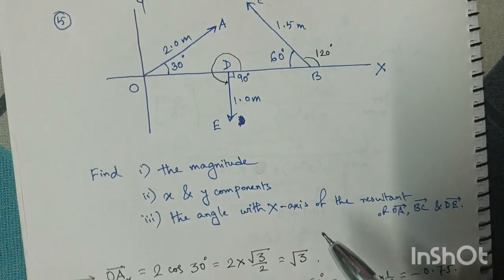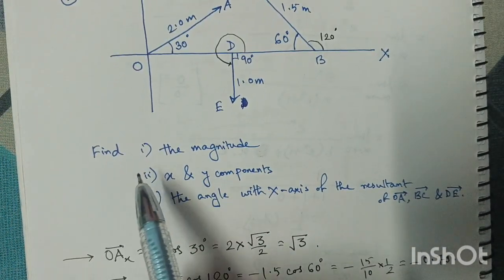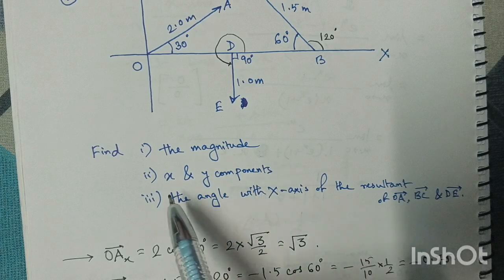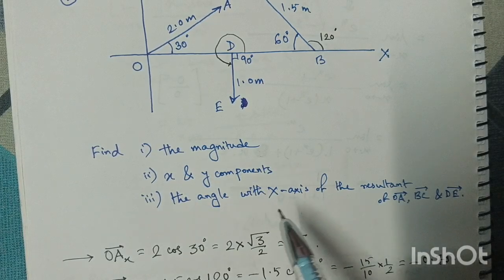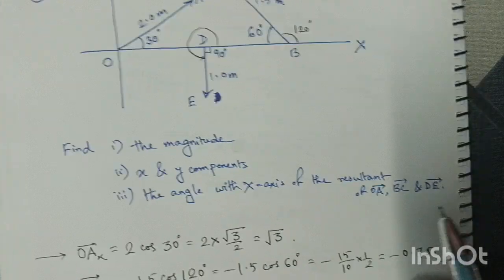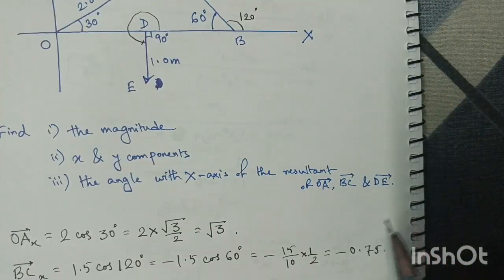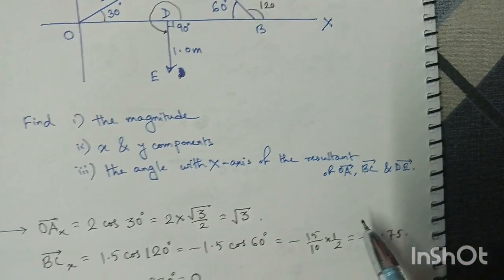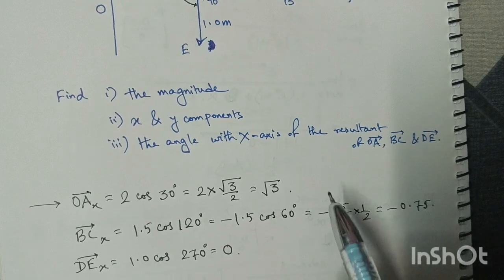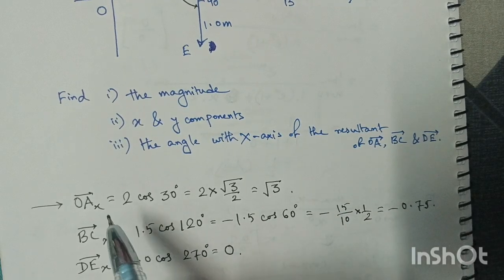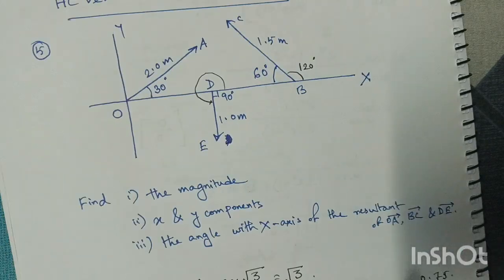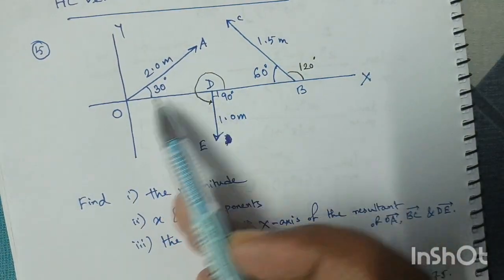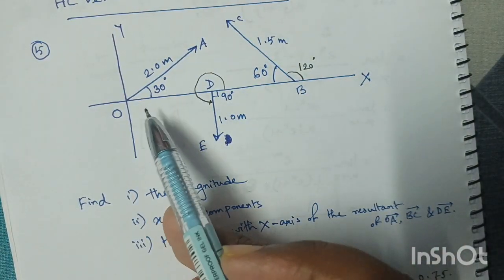Now we are directed to find the magnitude, the x and y components, and finally the angle with the x-axis of the resultant of OA, BC and DE. Therefore, let us solve this problem. So the x component of OA is equal to 2 cos 30 degree, as it is evident from the figure,